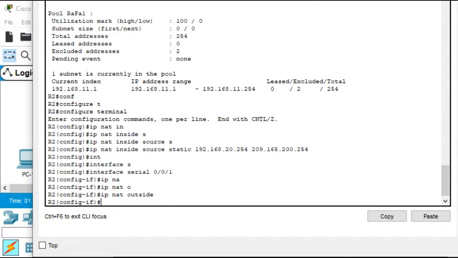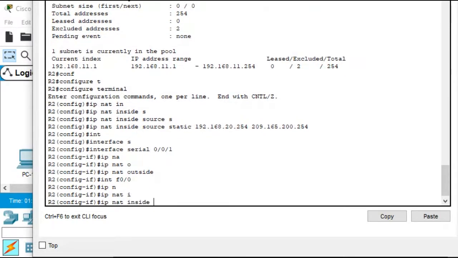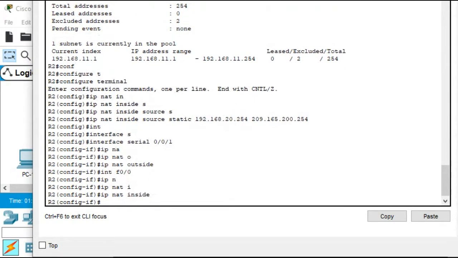Now I'm going to go to my inside port, which was interface F0/0, and say ip nat inside. They do give you the option in this lab of using a loopback interface instead of an Ethernet interface and dragging another machine in there, but I used the actual machine. So if this works, okay,